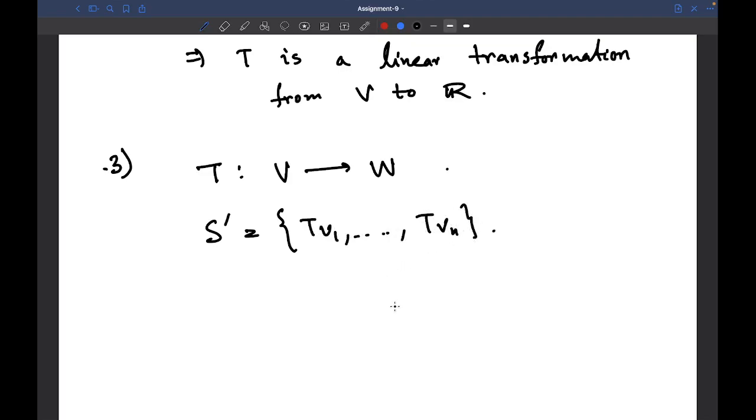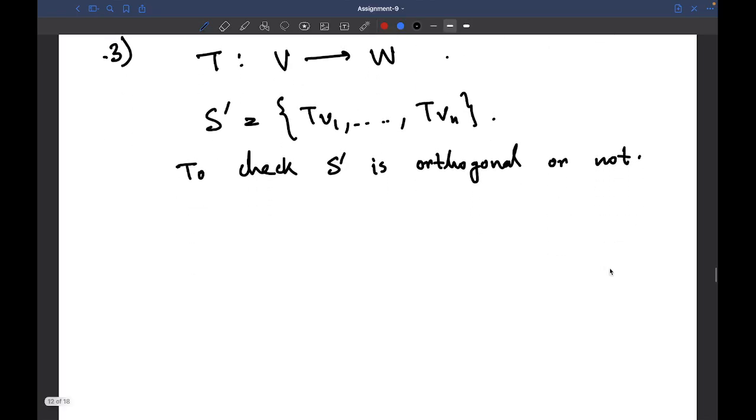You have to check whether S dash is orthogonal or not. So let's check for n equals 2. Take for the moment n equals 2, right? Because if this is not true for n equals 2, then it is not true in general. So take n equals 2 and